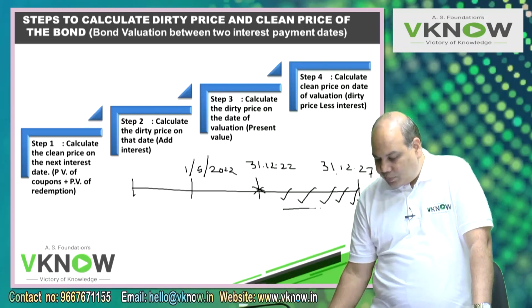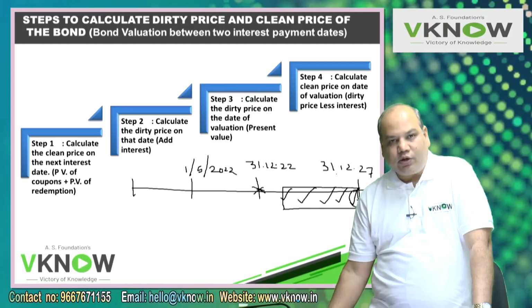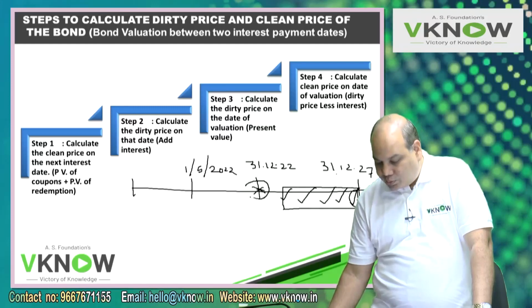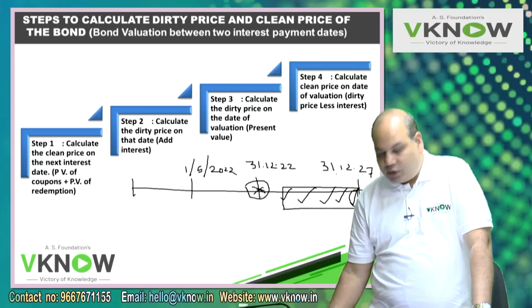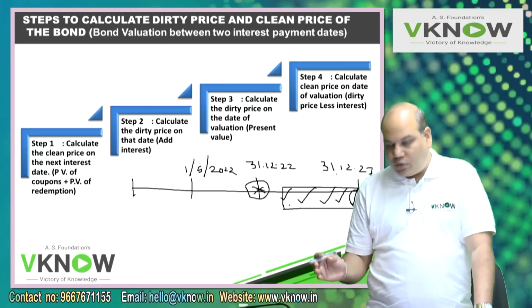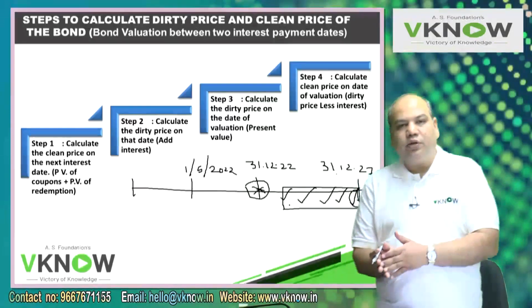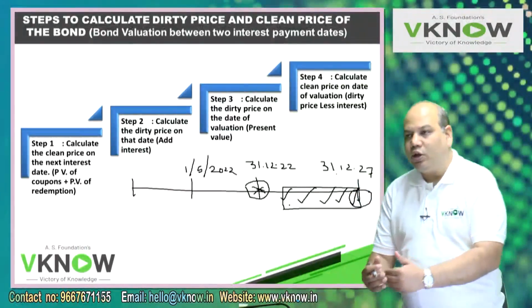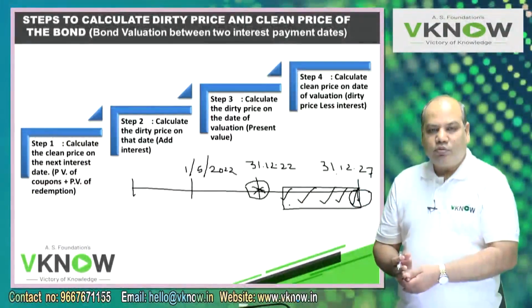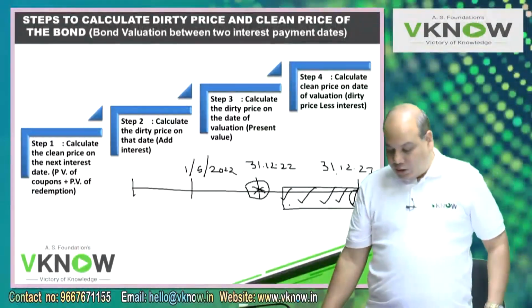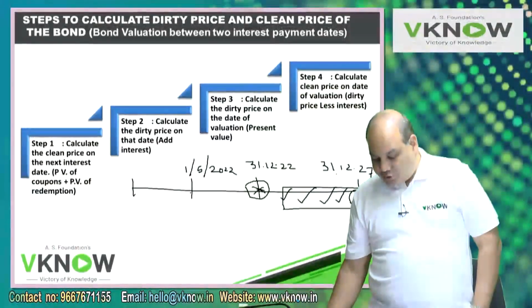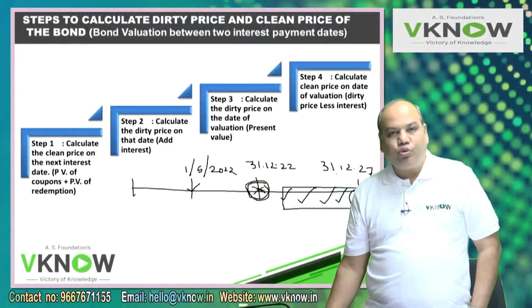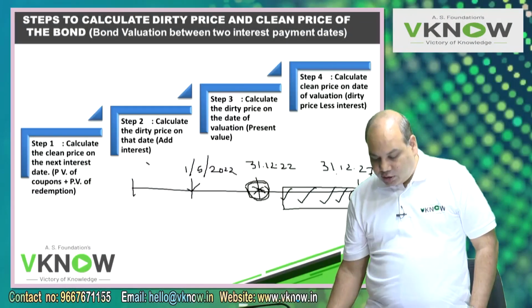So calculate the present value of coupon plus the present value of redemption value. Do not include this coupon which is also pending in the first step. In the first step, if suppose you have to value on 31/12/22, you will see how many more coupons are pending. 5 more. Compute present value. But you know, you are standing on 1st May. 31/12/22 coupon is also pending. So that you add in step number 2.